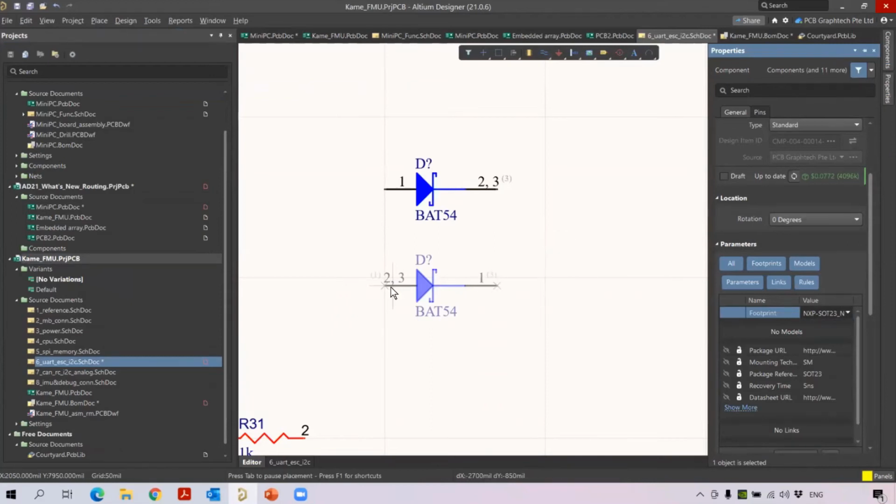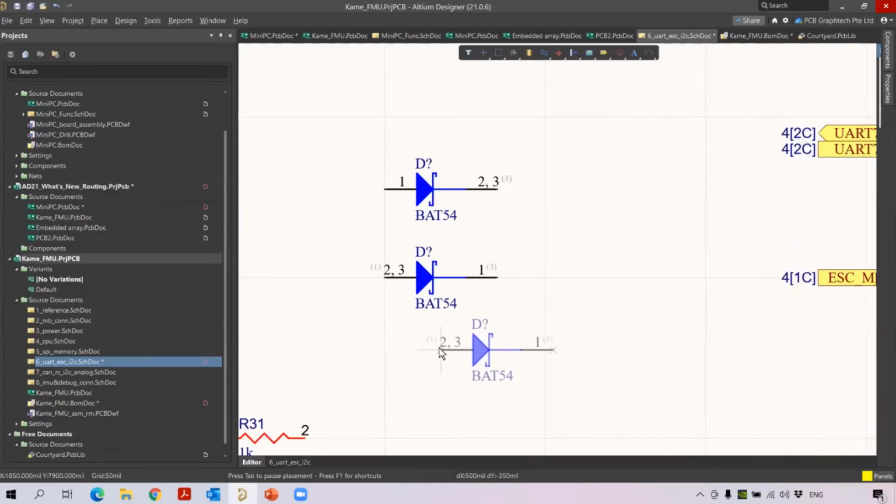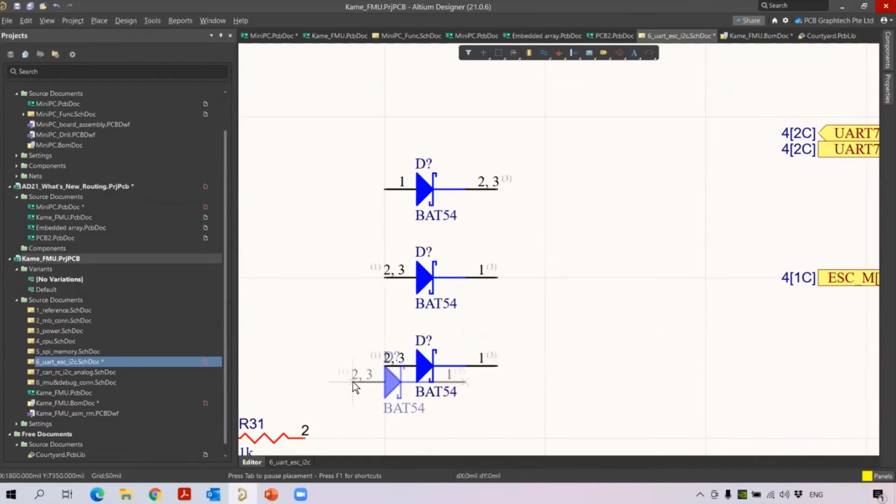Okay, so this is how you can use multiple footprints for a single symbol, and then you can use cross probing to connect to them on the PCB side to see the changes. So now it's not only for 2 pins, you can map 4 pins, 5 pins, any number of pins. Okay, so this is about your component pin to pads mapping.